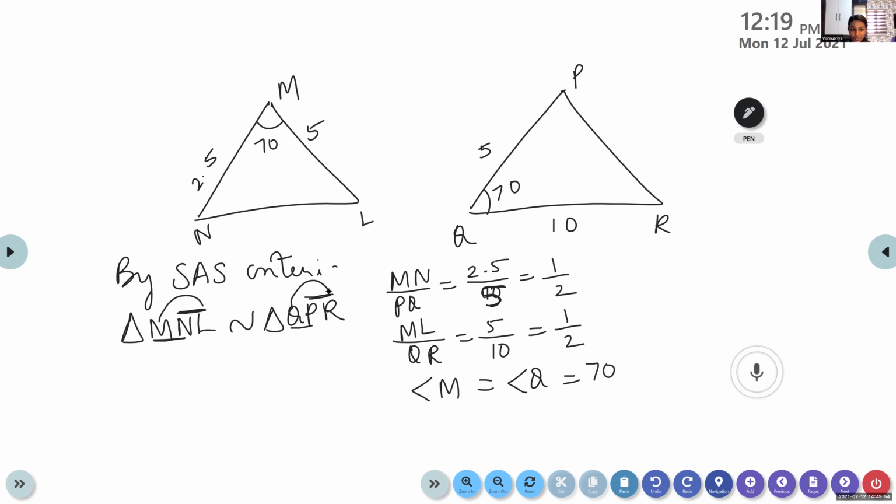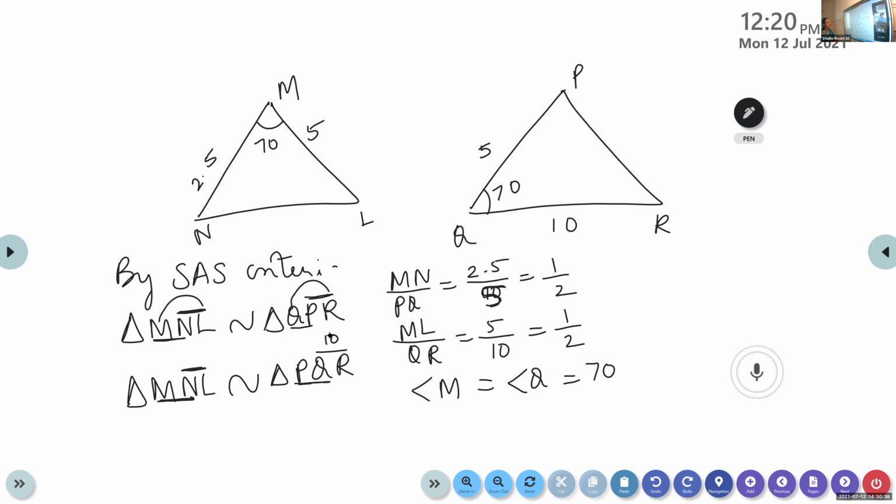Vishnu Priya? Can I say the order again? See, suppose I'm writing like this. There is no particular method, children. By writing and checking only we'll be able to check. After writing this, you check whether the corresponding sides are proportional. What is the measurement of MN? If I take the first two, here also I should take first two letters. MN is 2.5 and PQ is 5. Are they proportional? We are getting double, isn't it? Now take the next two, NL. The measurement is not known. But what is the measurement of QR? 10, isn't it?